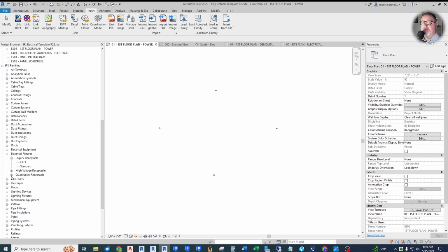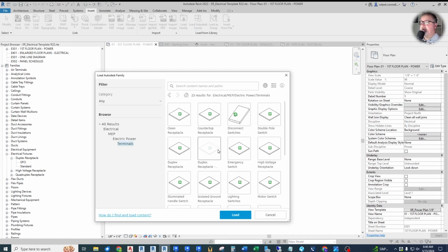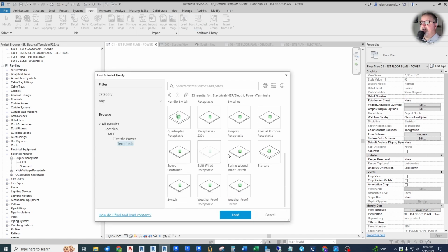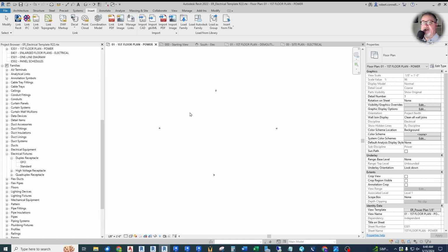I have a video about a number of these out of the box items, and I show how some of these will work and won't work for us, at least in the US, like a receptacle 220, that's line to neutral 220, which is more of a European type of receptacle, so that doesn't work for us here. You can bring in whatever you think you need, but this is about all I need for electrical fixtures, except